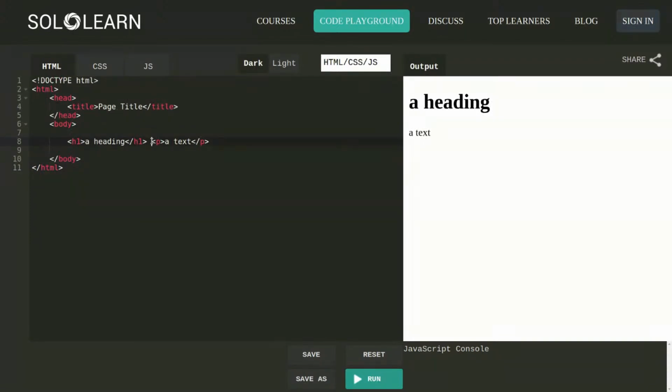Okay, so we have an example here. Just to test it out even more, I put both of these on the same line. So I put the H1 tag, it still opens and closes here, and I have the P tag coming right after. So if I press run now,